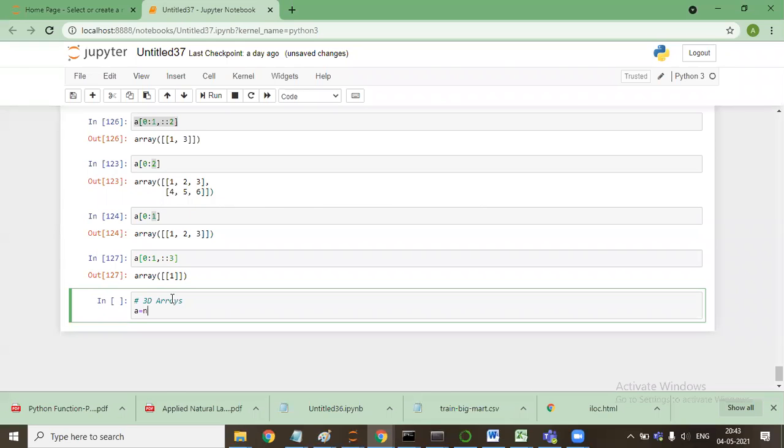A is equal to np.array. Whenever we need to specify a three-dimensional array, I need to use three brackets, start and end. One is, say, 10, 20. Then it comes as a comma, second array, say 30, 40.